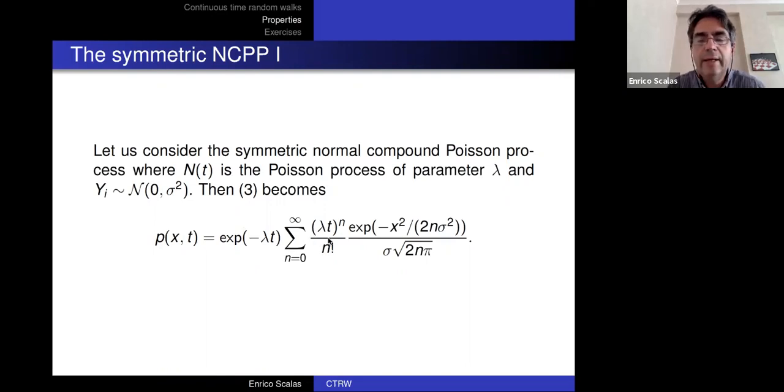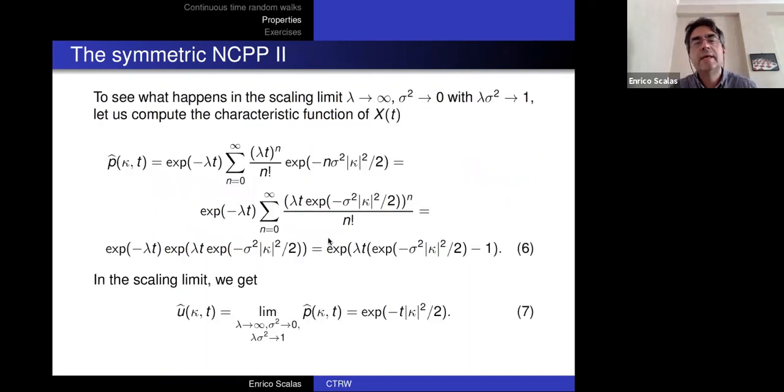Very well, which leads us to this calculation of the scaling limit. Before going to the scaling, any questions so far? I was running a bit through the distribution of the sum of Gaussian random variables,